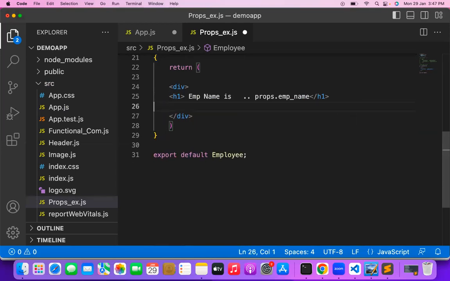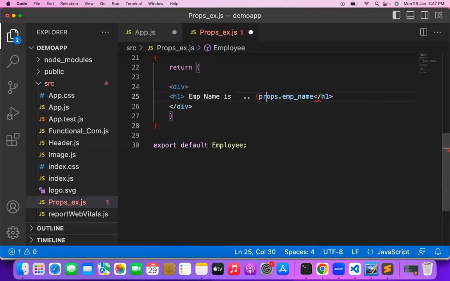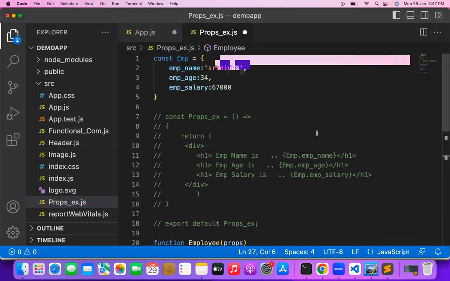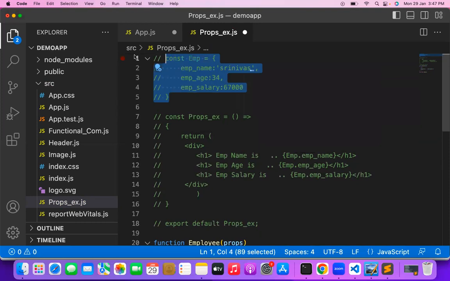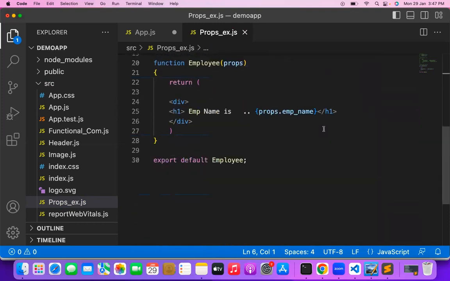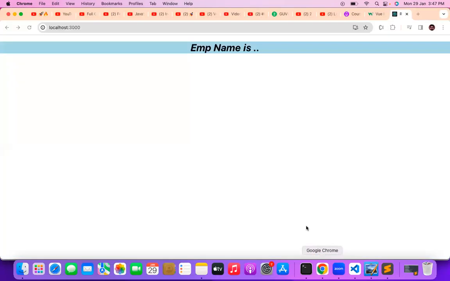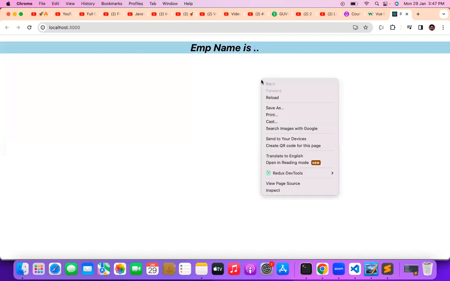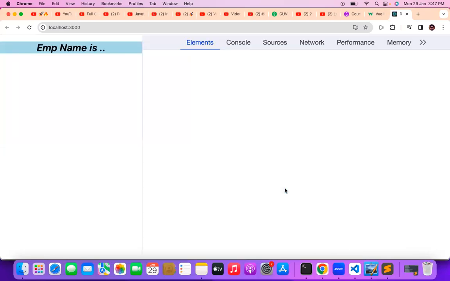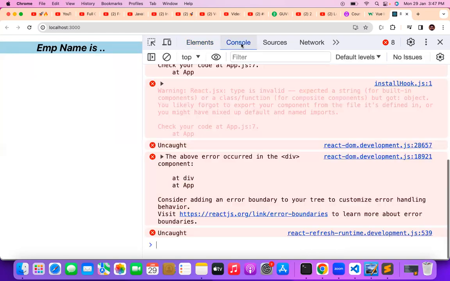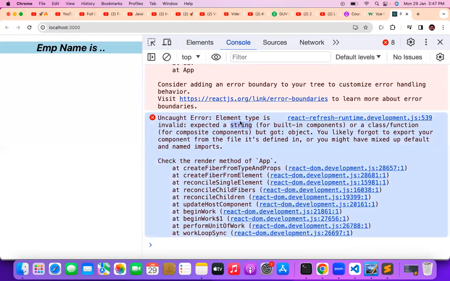Only the name I want to retrieve now. And this should be inside the curly braces. Don't forget about it. Why? Because this is JavaScript, and I'm not using an object now. I'm retrieving the value. Employee name is not coming. Just go to the inspector, go to the console. Okay, uncaught error: element type is